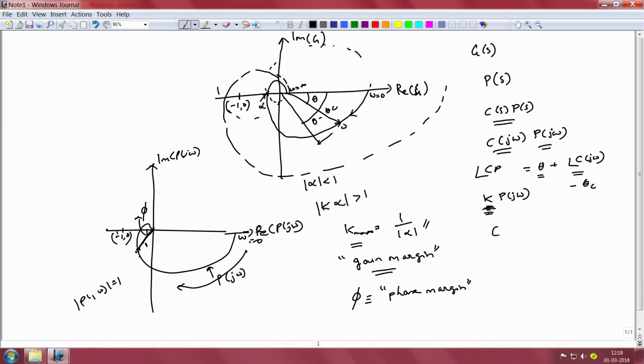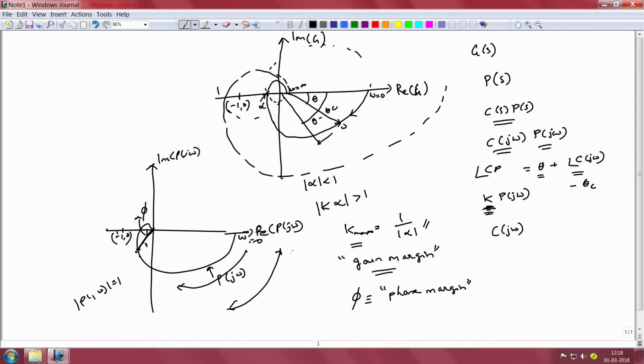Therefore, it is wise not to go with a simple proportional controller as a choice for our control design, though it looks extremely simple and as engineers we value simplicity, but instead it would be wise for us to go with controllers C of j omega which have a very high gain in the frequency range where stability is not a concern, but then as we approach frequencies where the phase lag of the plant is close to minus pi and its gain has come close to 1, it is good to tune down the gain of C.